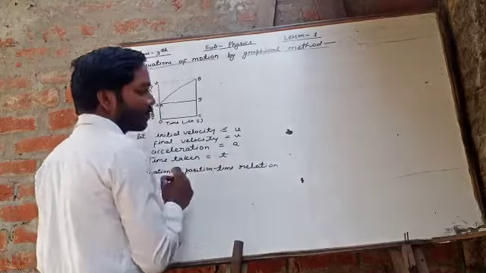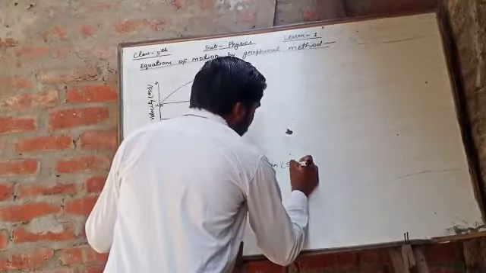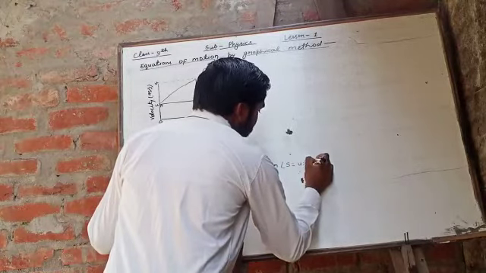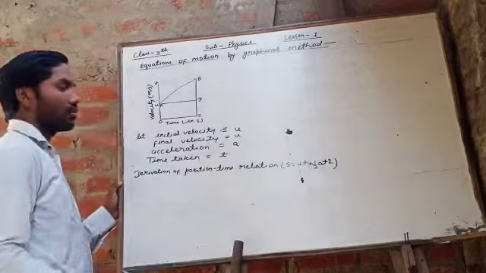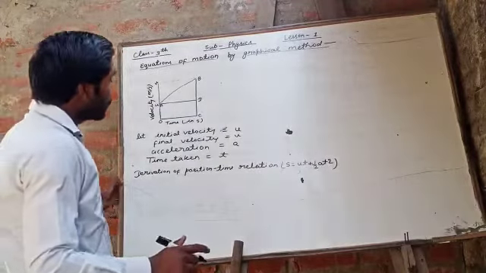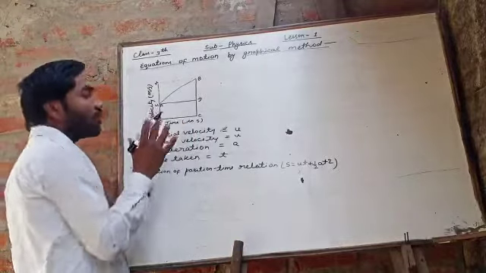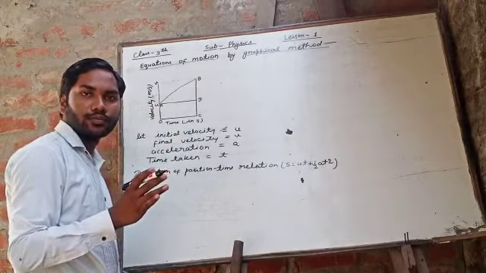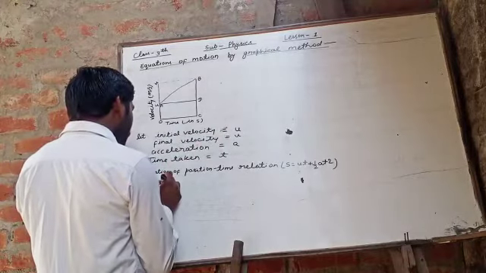And this is the second equation of motion: S is equal to ut plus half at square. So the body is under uniform acceleration. So the distance traveled